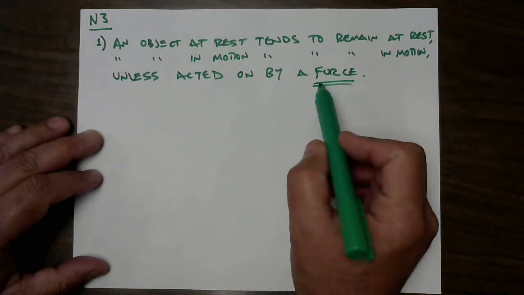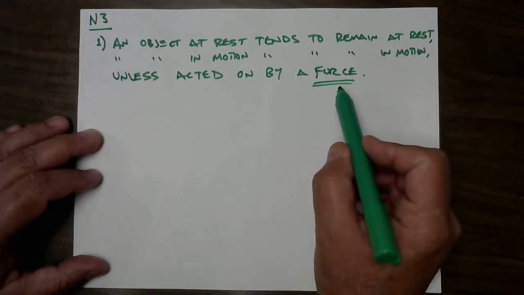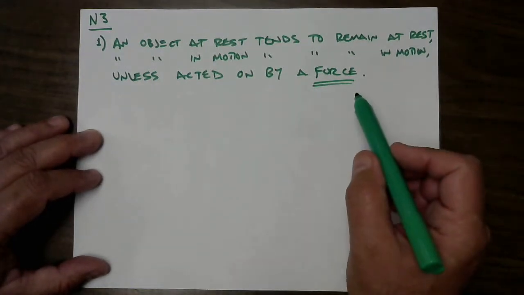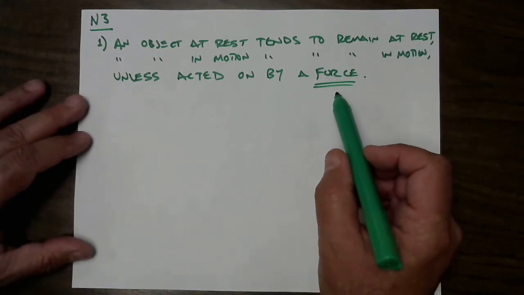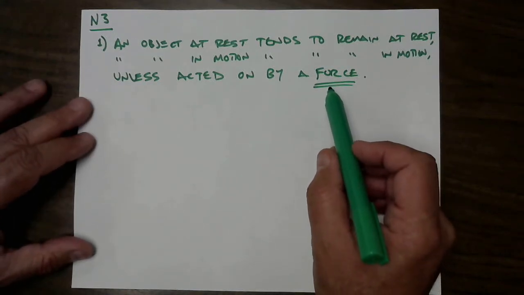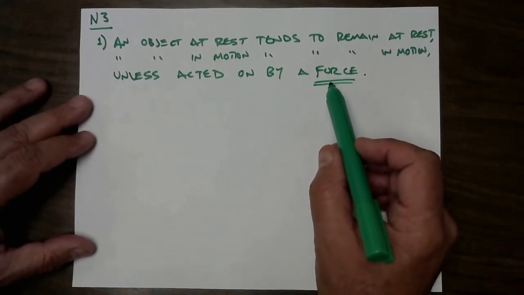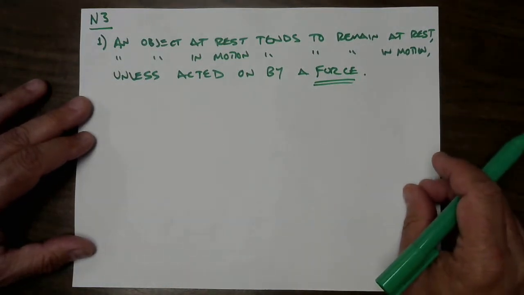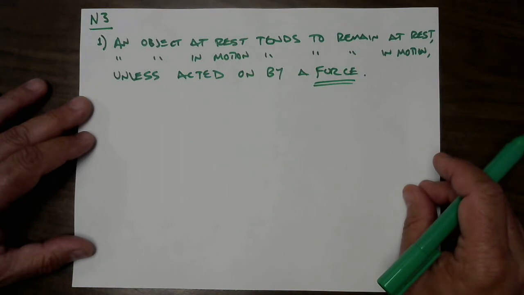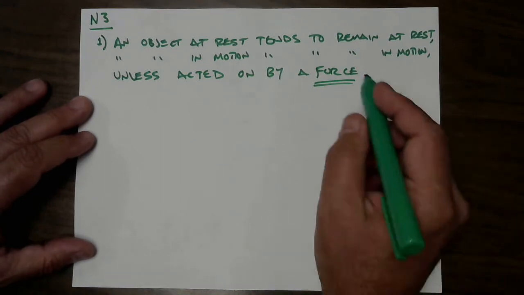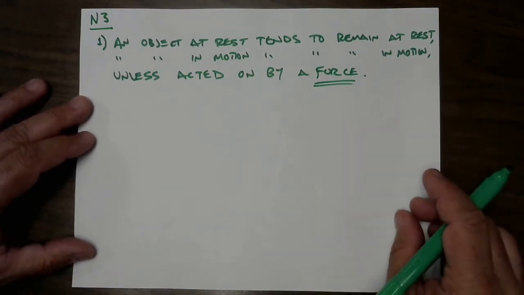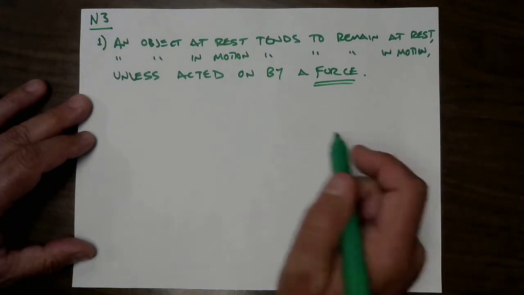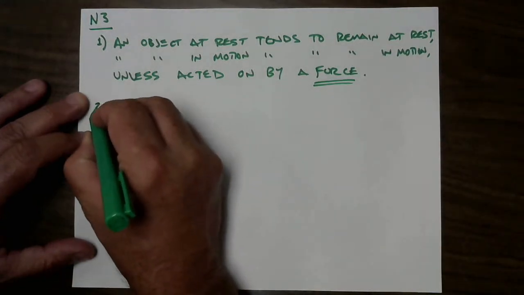Now, I've left some words out. Unless acted on by an outside force, unless acted on by an unbalanced force. What I think is most important is that it's a force. The internal forces can't change your motion. If you're in flight, if you just jumped off a trampoline and you're in the air and you clench your ab muscles as hard as you can, it's not going to affect your motion. But if an outside force like a gust of wind or something was to hit you, then that would affect